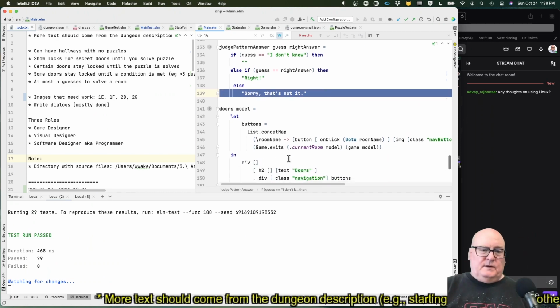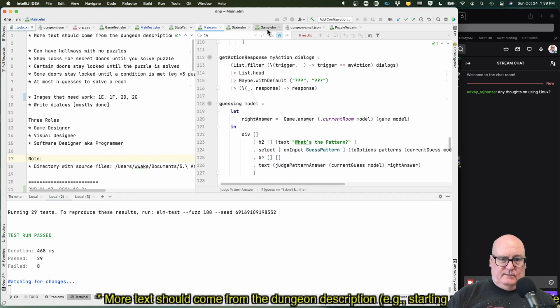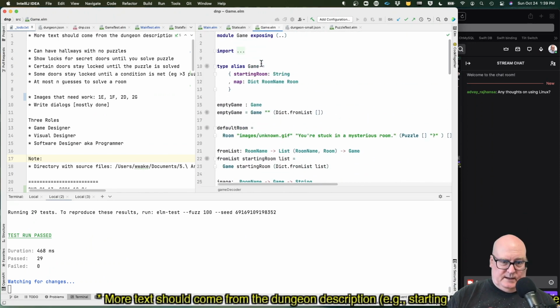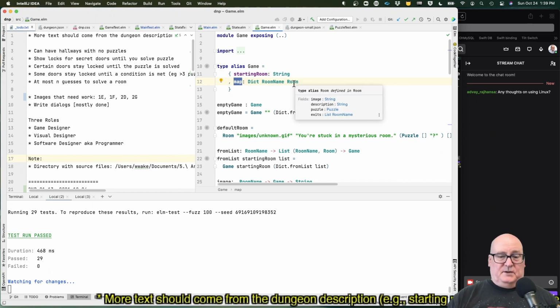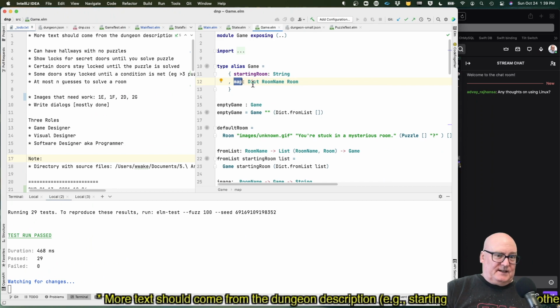All right. My idea is the game, we're going to add some more to it. So, we got the starting room as a string, the map is a dictionary. I want to add some text, and the text is going to be a dictionary from some string. Well, it's really string to string. It's kind of like a key and a value, another string. So the what do you do headline is going to have a key. Okay. All right. So all right, where are we going to do that?